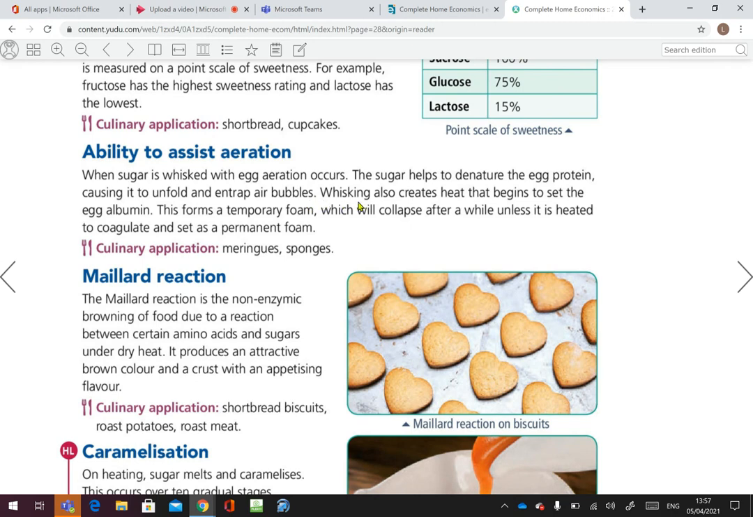Whisking, because of friction, also creates heat. Think of rubbing your hands together. You're creating heat, that's friction. So whisking also does that. And because egg albumin has quite a low setting point, the heat generated by whisking begins to set the egg white, or the egg albumin. So this forms a temporary foam. It'll last for a little while, or it will collapse unless